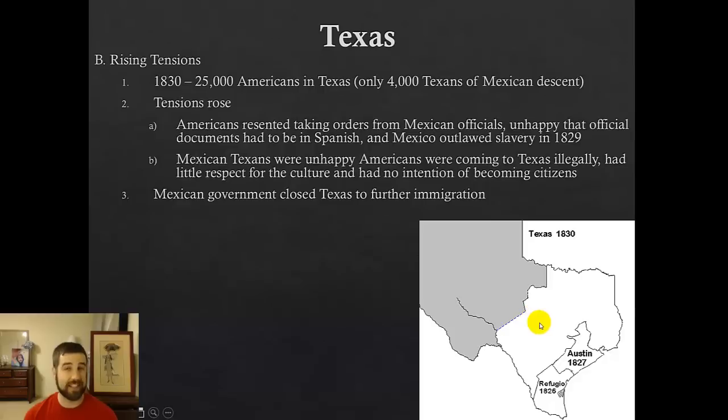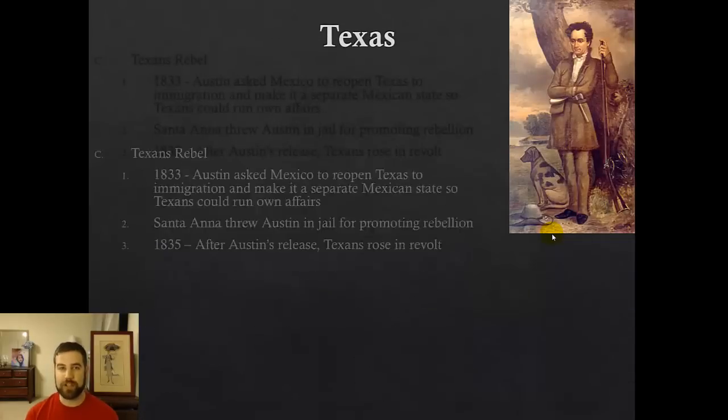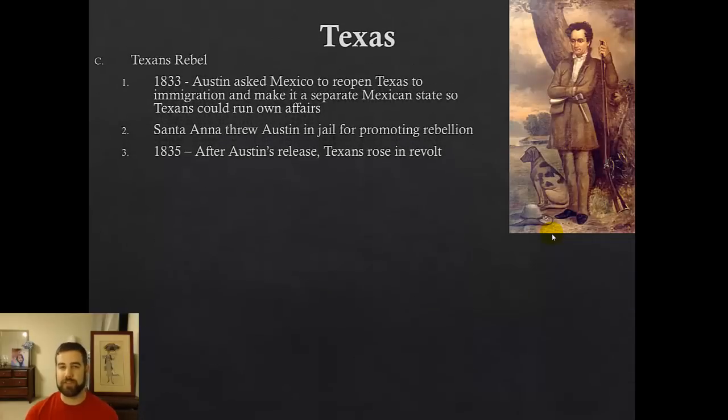They're coming into Texas illegally, even after Mexico closes the border between Texas and the United States. A lot of the Americans moving in, the future Texans, are not being very respectful to the Mexican government and the regulations they needed to follow. As I said, the Mexican government is going to close the border to the United States, and so Texas is closed. To try to ease some of the tension, Stephen Austin is going to travel to Mexico City,